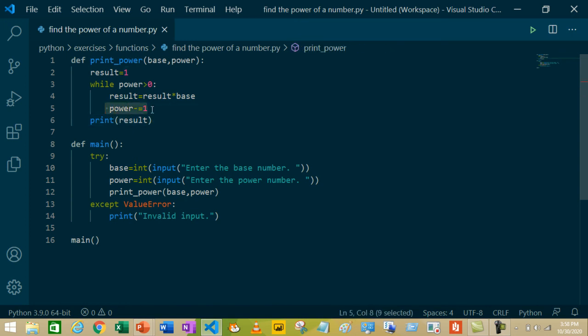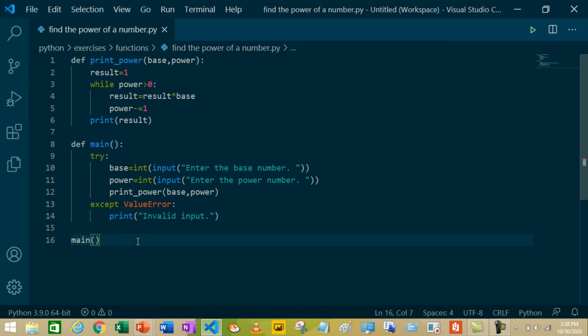So power's value is 0. As 0 is not greater than 0, it will break out of the while loop and print the result, which is 125. As we know that functions don't execute on their own, we are calling the print power function here and the main function at the last line over here.